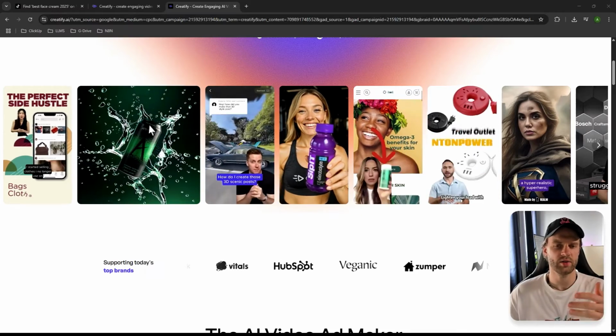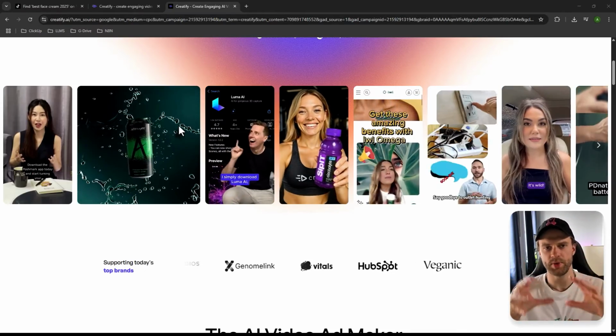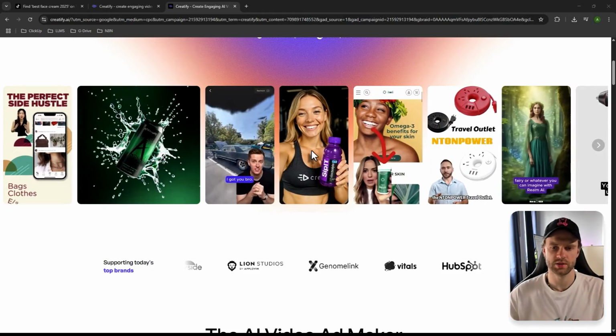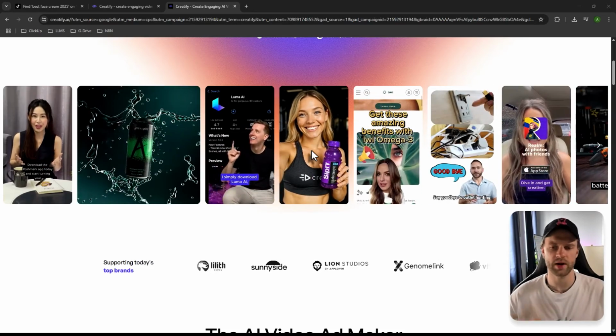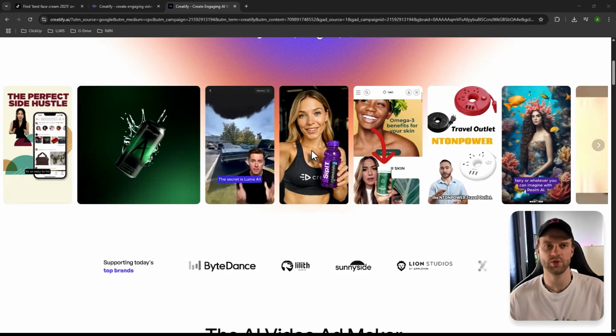Okay, guys, while it's rendering out, Creatify actually does offer an option where you can upload a picture of the product. For example, here you can see this model is holding a bottle. The bottle is not really real, it is all AI generated. The way it works, you upload a transparent background PNG or JPEG image, ideally PNG with no background,